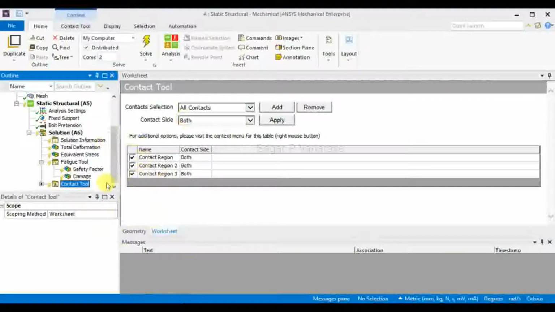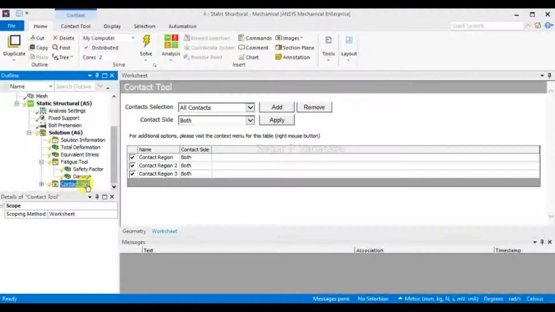Here my contact tool worksheet has come up, showing the different regions and contact selections, so we can edit it and apply it as per the requirement of our project. For the contact tool, I will also make one more video, specially for the contact tool and fatigue tool. These are the two tools we use simultaneously in every mechanical project.